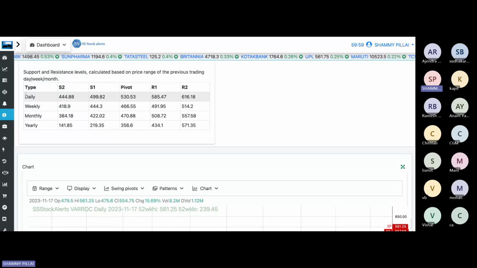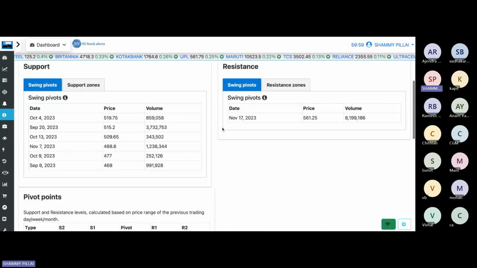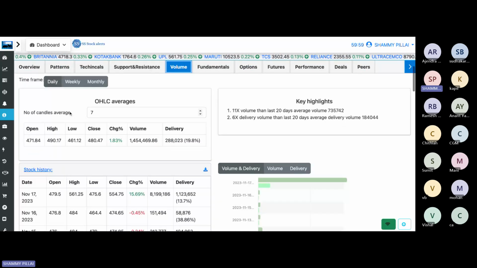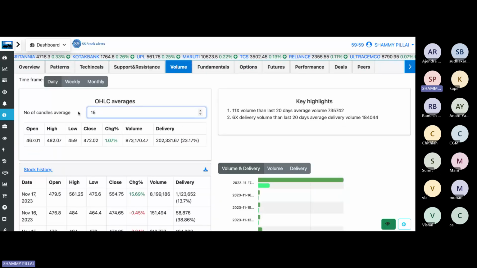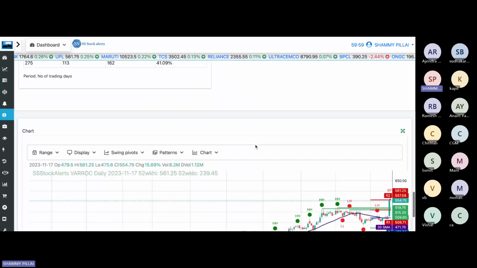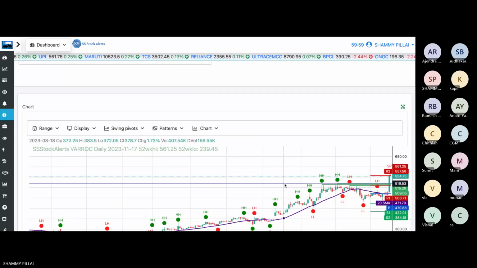This is for intraday players. I always follow this. This is having a good accuracy, solid accuracy, and it is based on our algorithm also. It combines our algorithm of volumes. So basically, if you see 459 was the low, correct? 460. If someone has picked up the stock at 460,